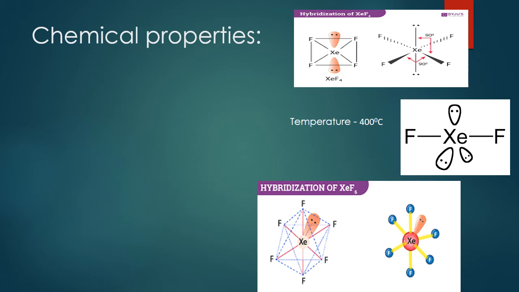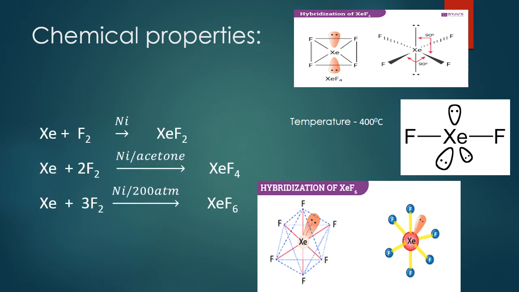Out of all the elements like helium, neon, argon, krypton and xenon, only xenon and krypton show some chemical reactivity. We said in the beginning it's highly unreactive, non-reactive because it has a stable configuration. But out of these elements, xenon and krypton show some chemical reactivity. So for xenon, what chemical reactions occur?